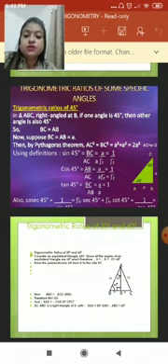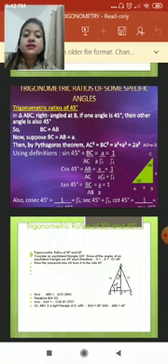So by Pythagoras theorem, AC square is equal to BC square plus AB square, which is equal to A square plus A square, which is equal to 2A square. If I find the square root of 2A square, I get AC as A root 2. So by using the definition, sine 45 degree is equal to perpendicular by hypotenuse. So the value will be A divided by A root 2, which will give you 1 by root 2. Same way for cos 45 degree, you will get A by A root 2 again, which is equal to 1 by root 2, and tan 45 degree is equal to A by A, which is equal to 1.